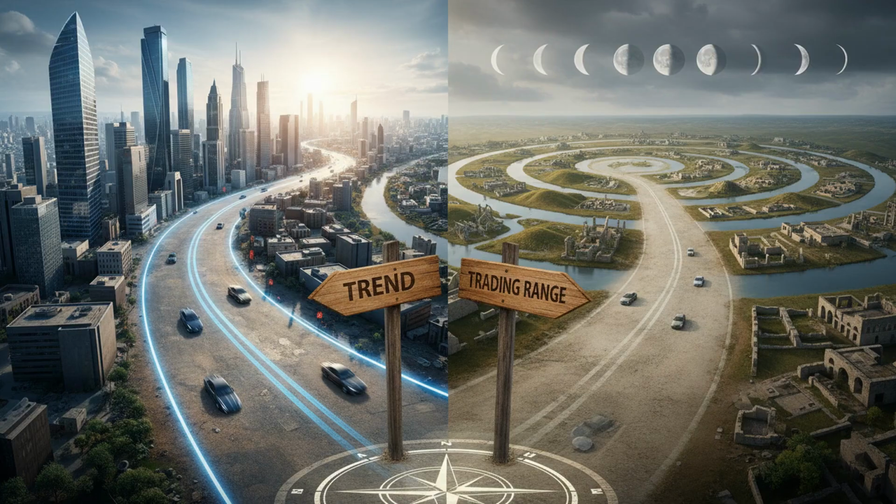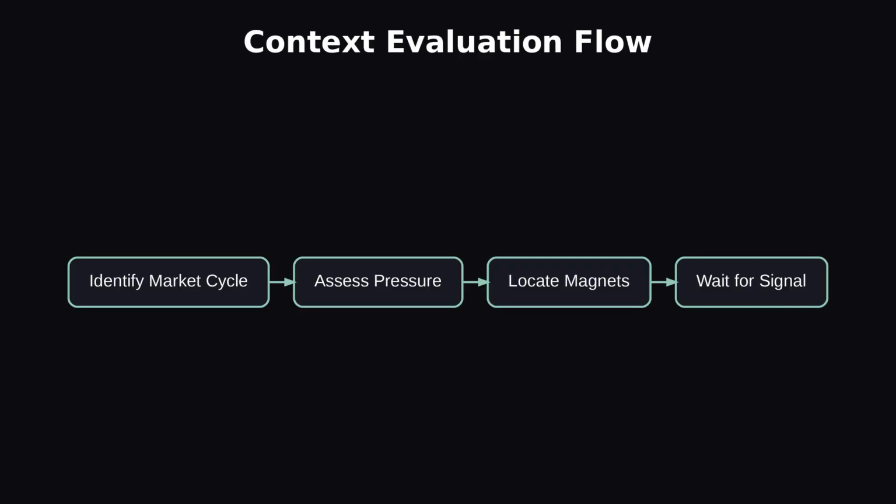Context answers the most critical question in trading. Is the market currently trending, or is it in a trading range? This single determination dictates your entire strategy, turning a winning setup in one environment into a guaranteed loss in another. Al Brooks teaches that context is simply the arrangement of recent price action relative to past price action. We must evaluate buying and selling pressure to determine the probability of the next move being a continuation or a